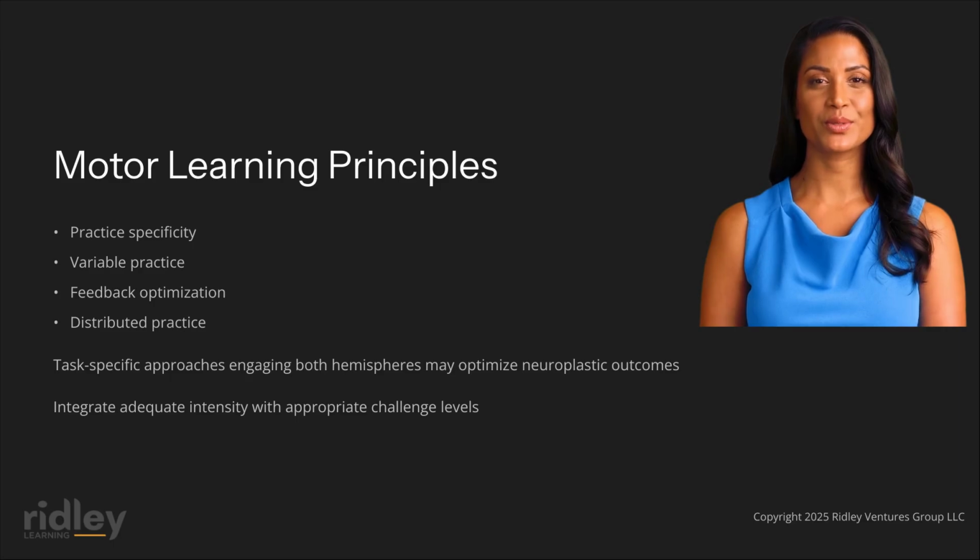Key motor learning principles applicable to exercise prescription include the importance of practice specificity, the benefits of variable practice for skill generalization, the role of feedback timing and frequency in learning optimization, and the impact of practice distribution on skill retention. Exercise programs should incorporate these principles by emphasizing functional task practice that closely resembles real-world activities,